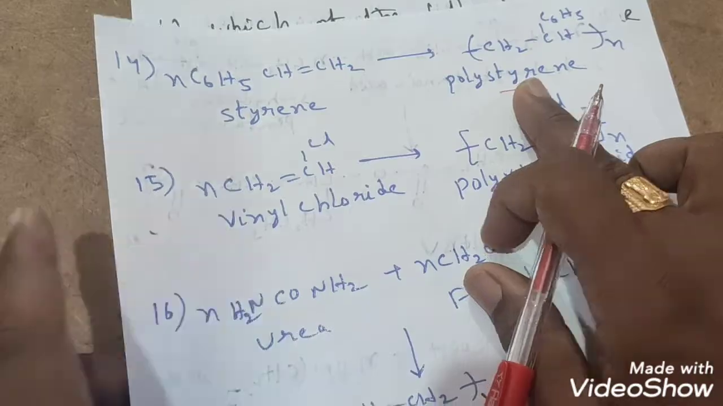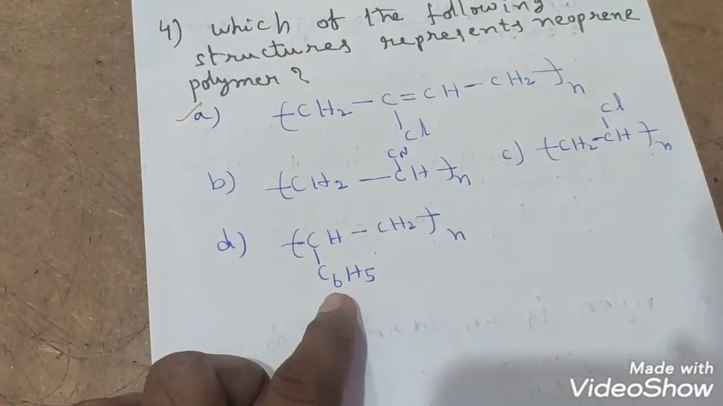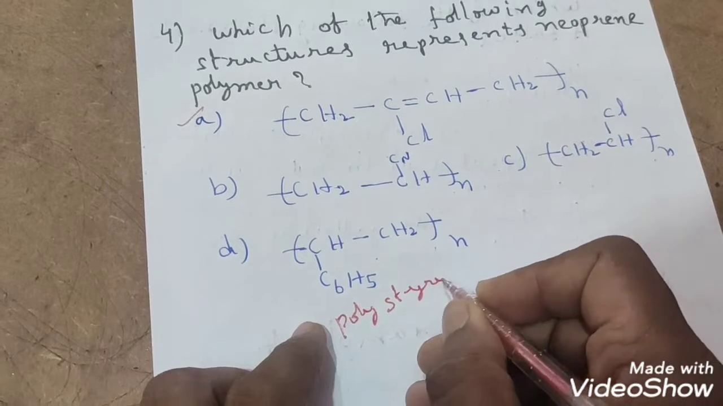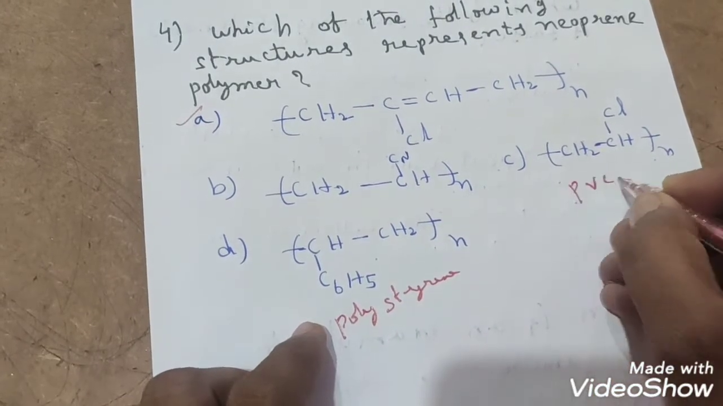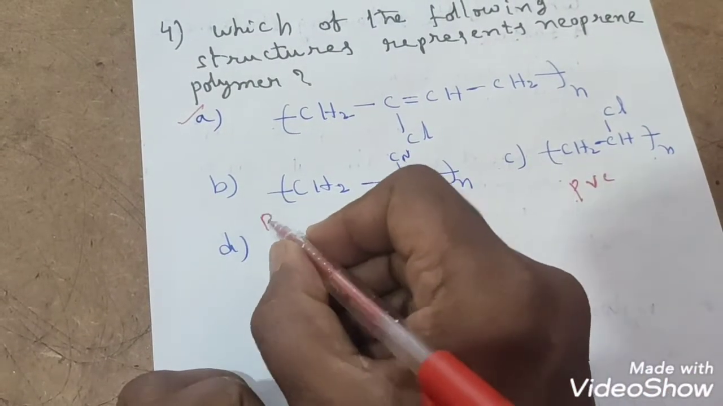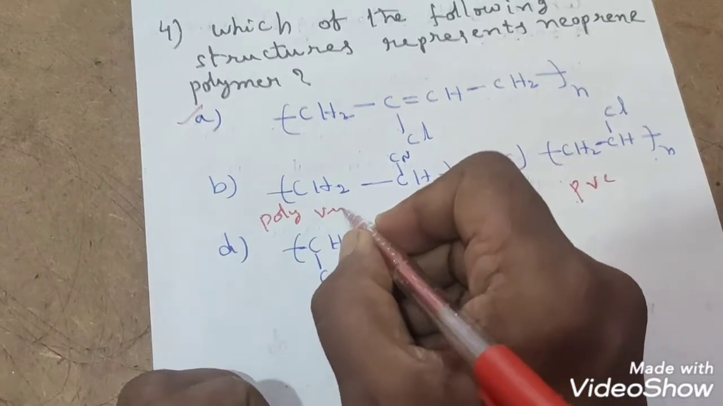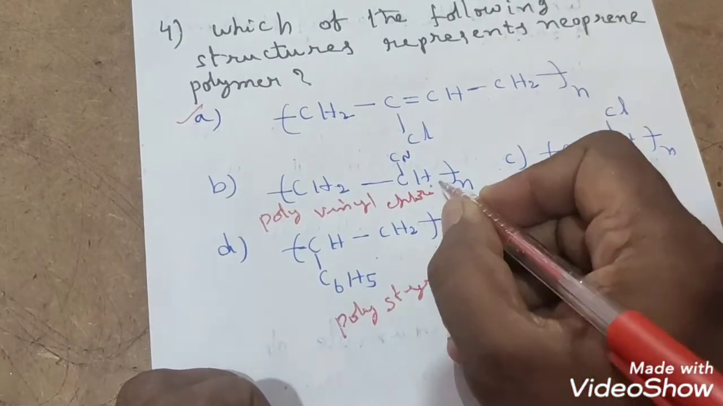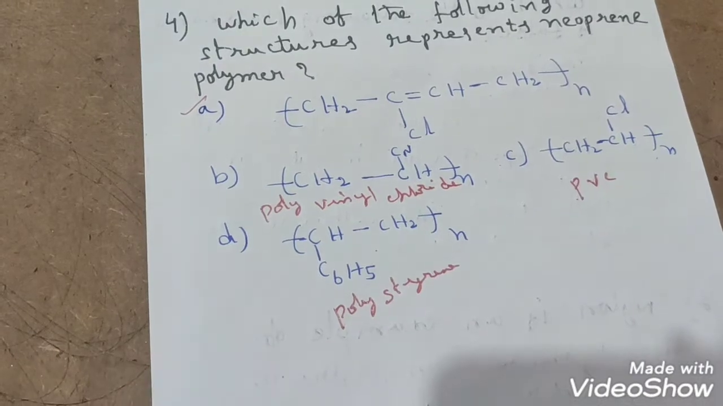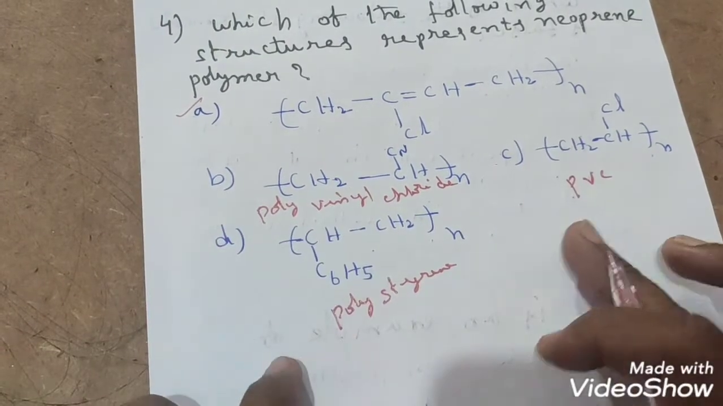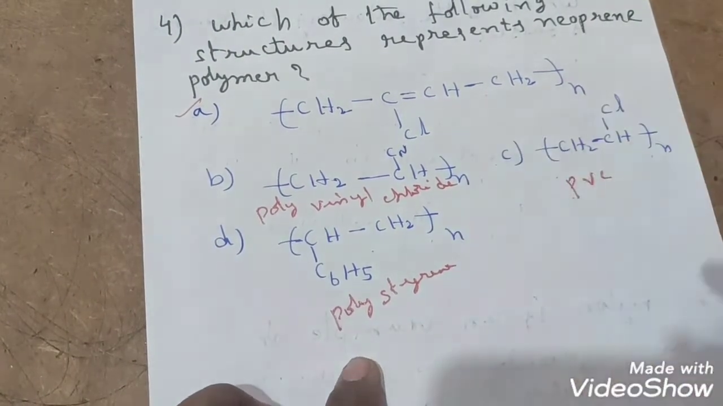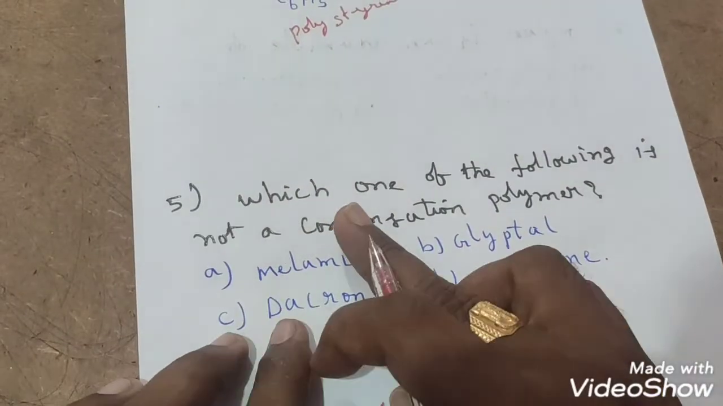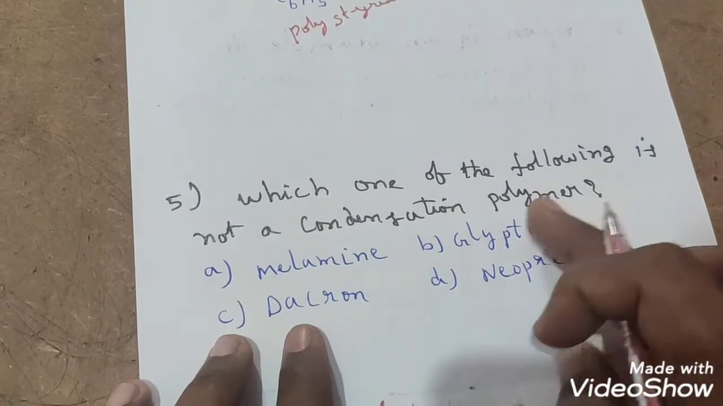Already we have discussed, right? This is polystyrene. This is PVC, polyvinyl chloride. Polyvinyl chloride, PVC, polystyrene. And this is neoprene. In a similar manner, if you observe the next question, which one of the following is not a condensation